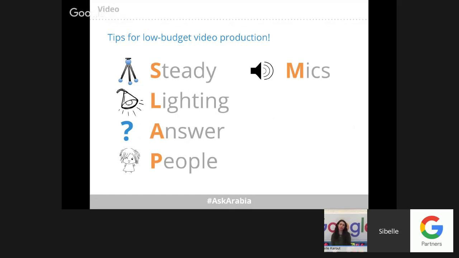You can find cheaper alternatives, just like the tripod, and it would help you a lot to have a clear sound and avoid any background sounds, because with the microphones that are attached to cameras, the quality is super low and it will give a bad image about your video, and that is not what we want.